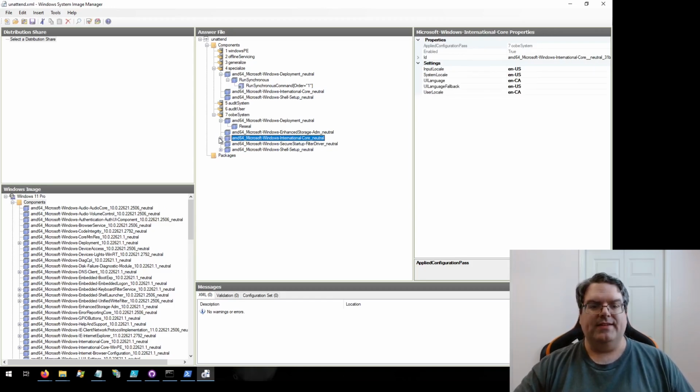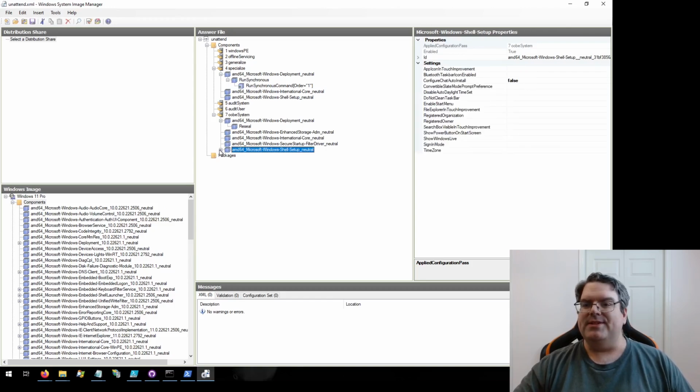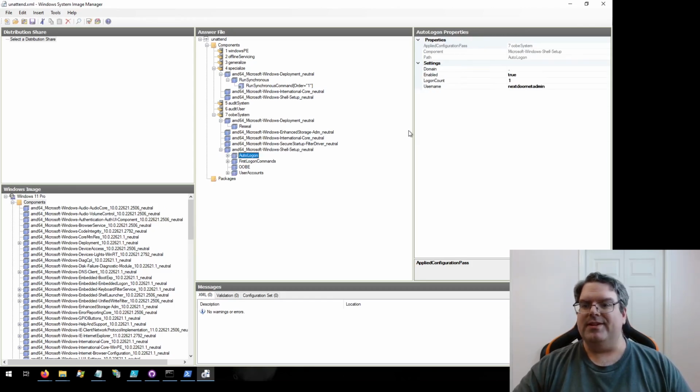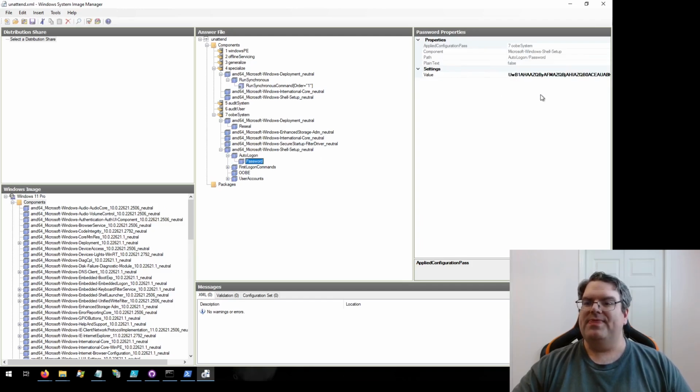International core, again, same thing as before, it's just language settings. Shell setup, this one's fun as well. Configure chat auto install, false. Whatever Microsoft chat is, I don't want it. Easy. Auto login. It's going to auto log in the username netadmin once. And the reason for that, and I'll have a password here. This password looks all complicated because I already entered it once in plain text and then saved it. When it saves it, it's